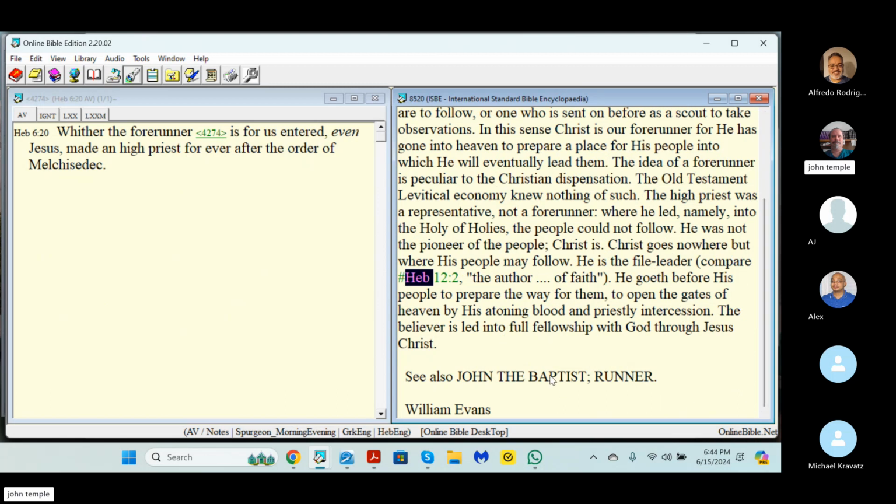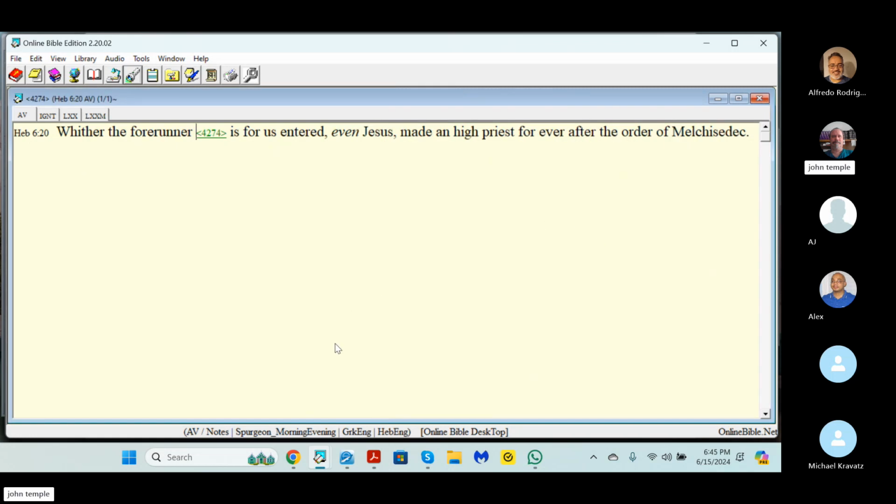And they had something under here for the forerunner, also John the Baptist forerunner. I couldn't find that anywhere, but you know, we know that he is the forerunner for Jesus. So he prepared the way. You know, they say prepare the way, and that's the gospel. I'm going to leave this number here.